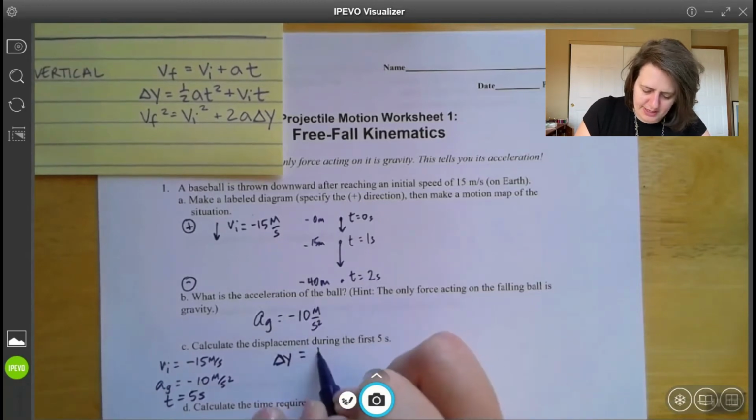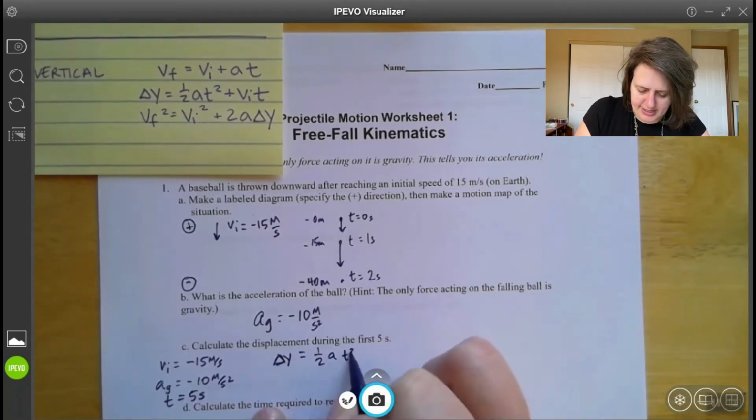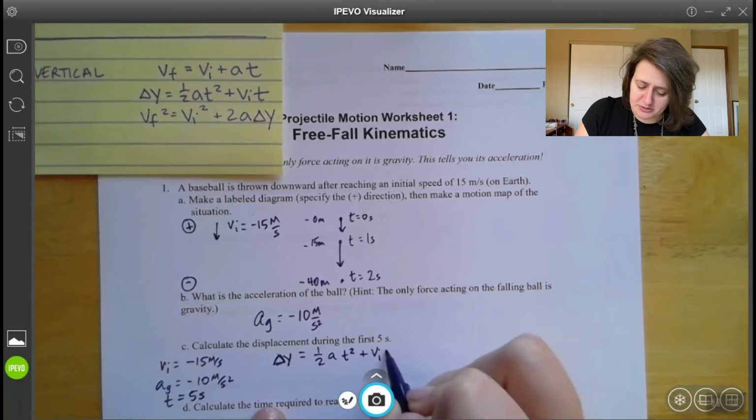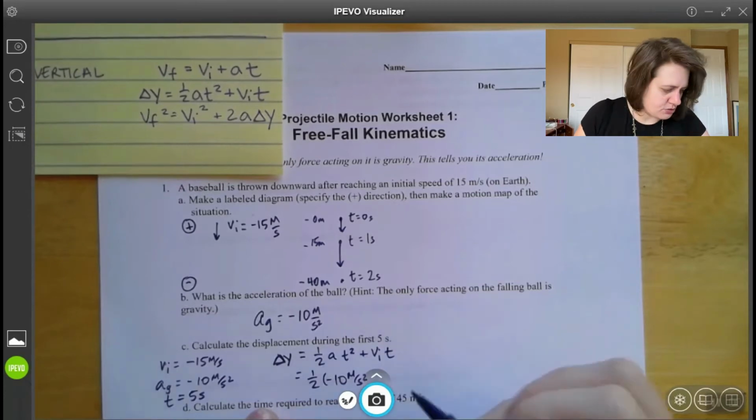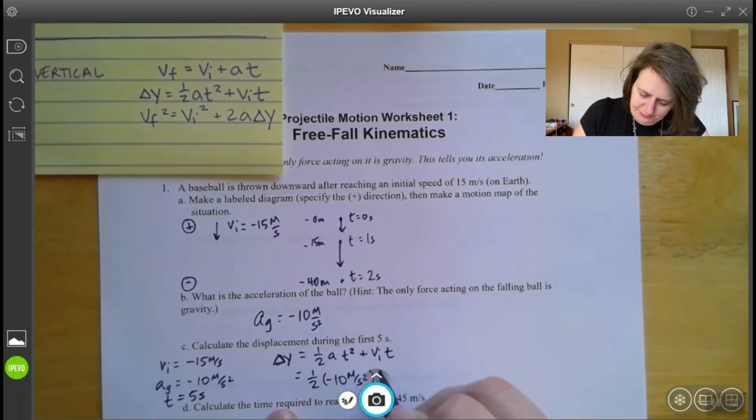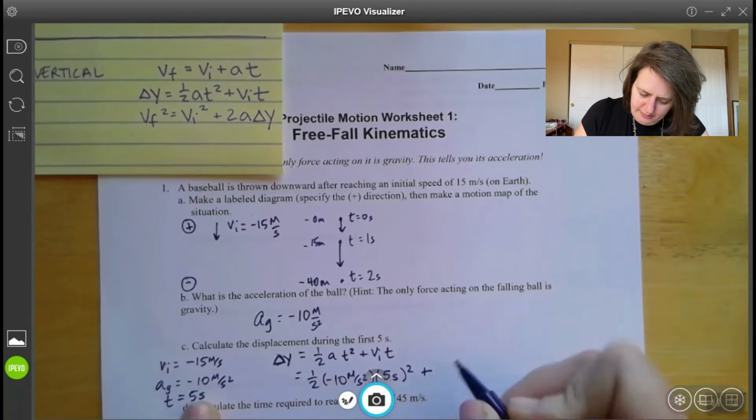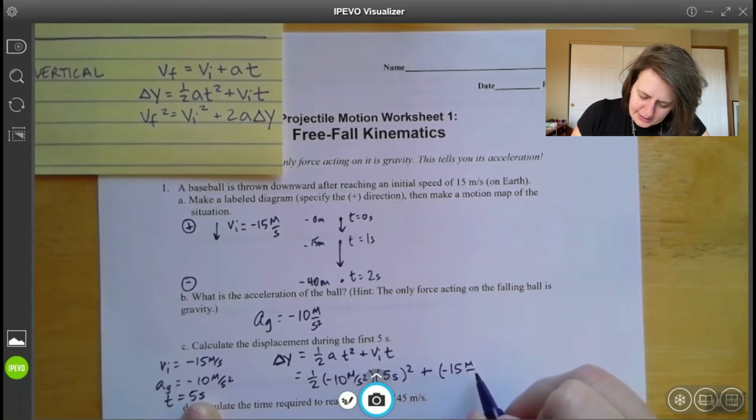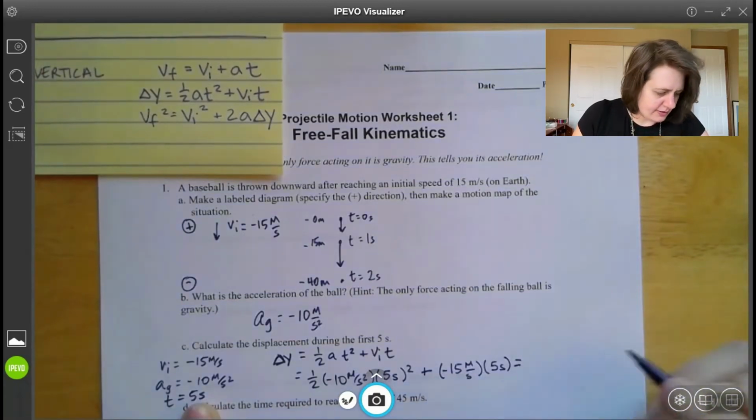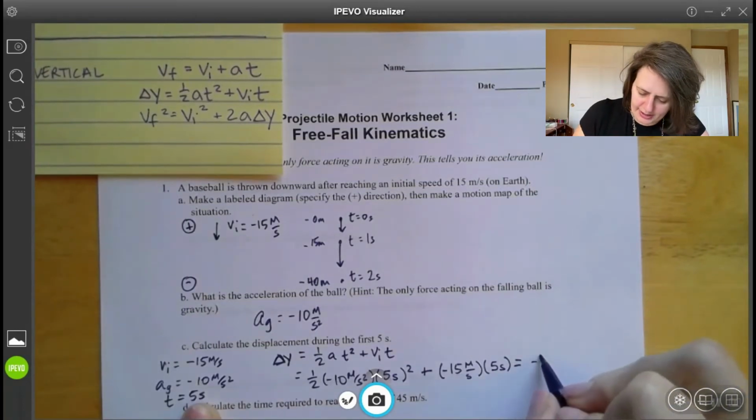So our change in y is equal to 1/2 a t squared plus initial velocity times time. So we know all these values, so we can fill these in. Minus 10 meters per second squared times 5 seconds squared plus our initial velocity, minus 15 meters per second, times 5 seconds. If we put those into a calculator, we find that what we have is